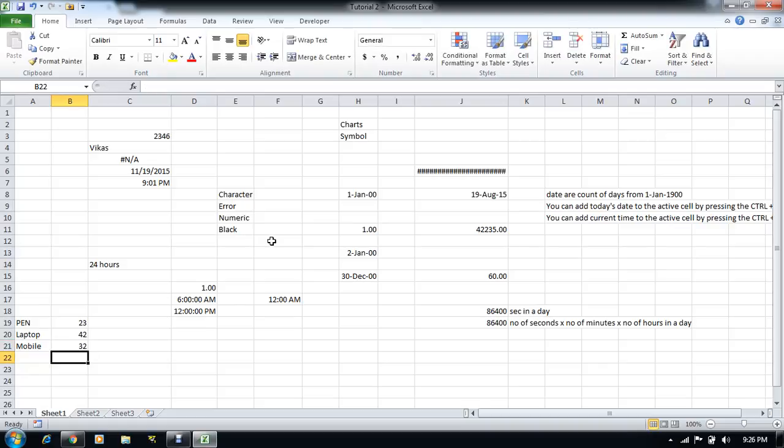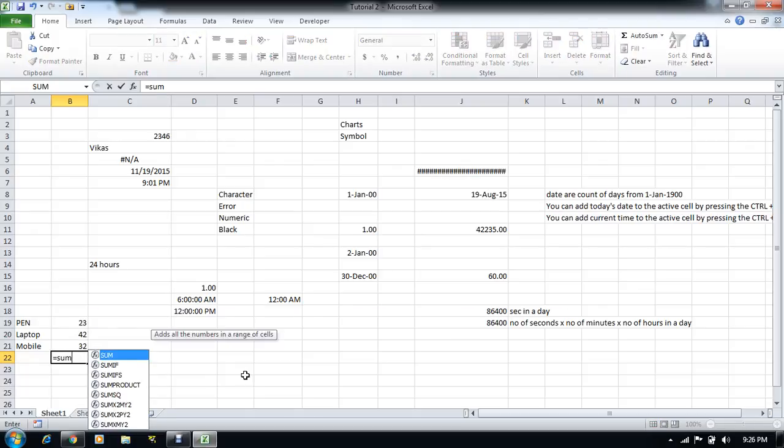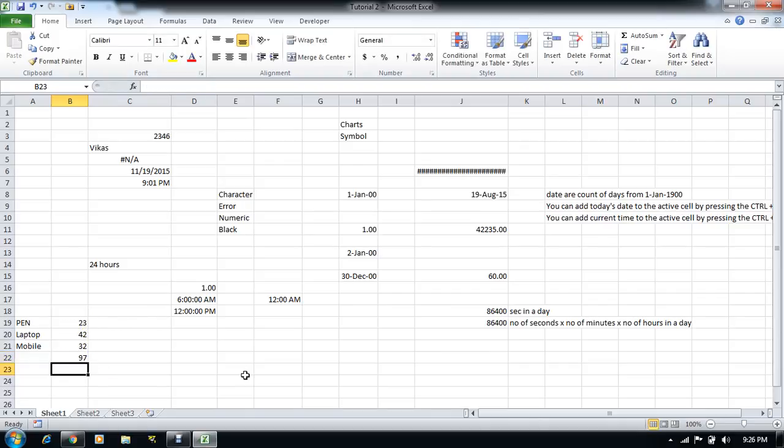So if you want to just sum up the total which you spend, you can just add the sum function here to get the total, and you can just add total here. So here it is the type of formula, so we can add the formula also to the Excel cells.